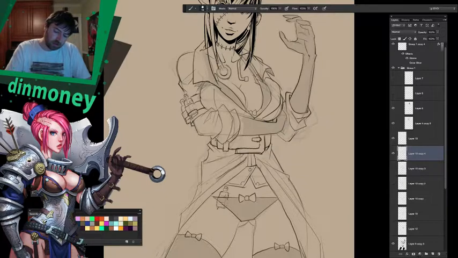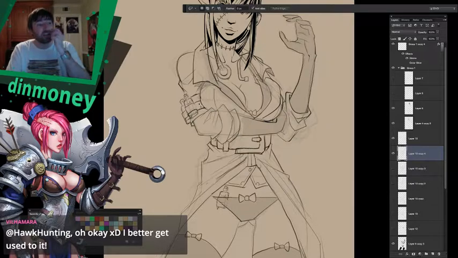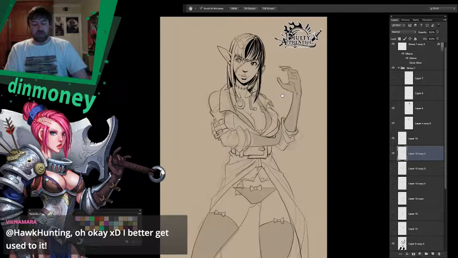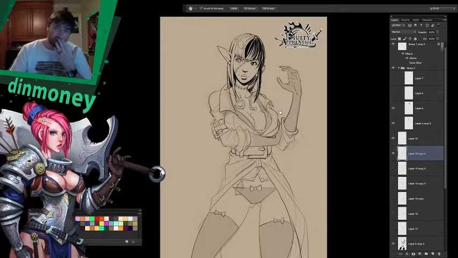And sorry, I want to reinforce this. Let's say if we were sending out this concept art, this sketch, I don't want to say this is a good point to send it out, but I'd probably want to clean it up a little bit more. But just something we could do, just because I've only got 2 minutes left, is when you want to separate stuff out, remember how we